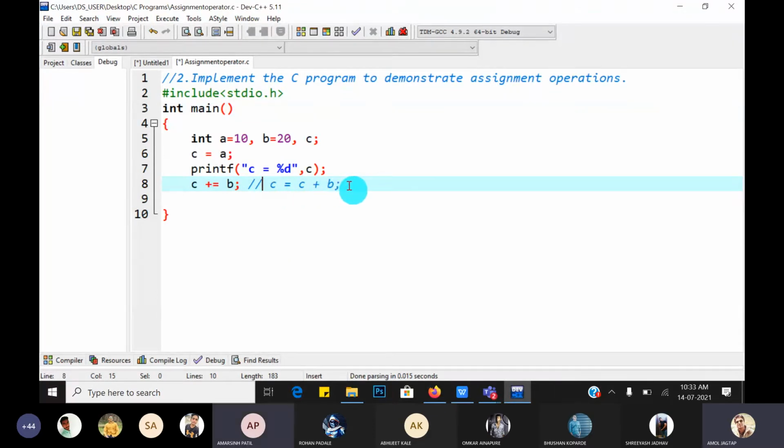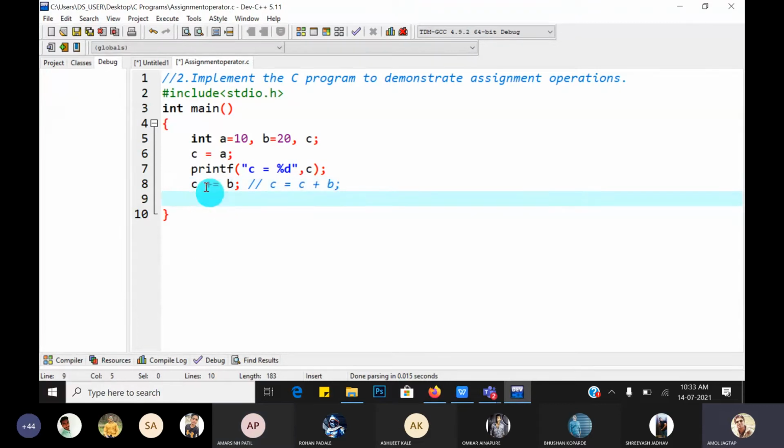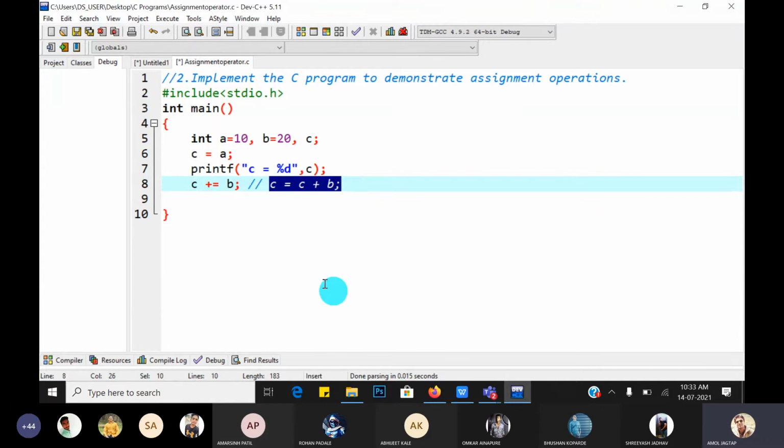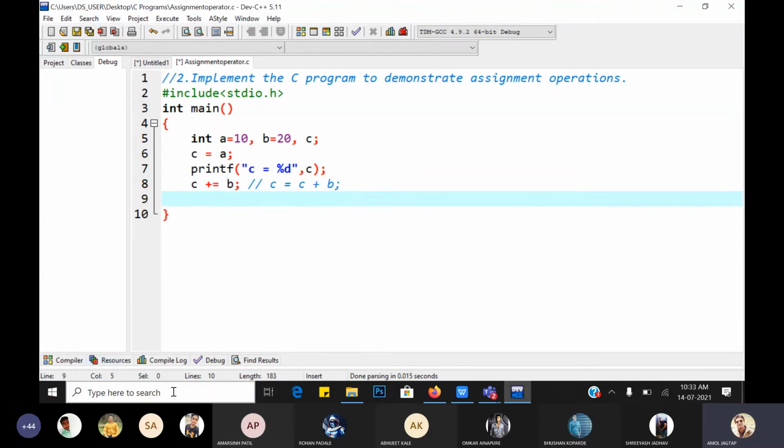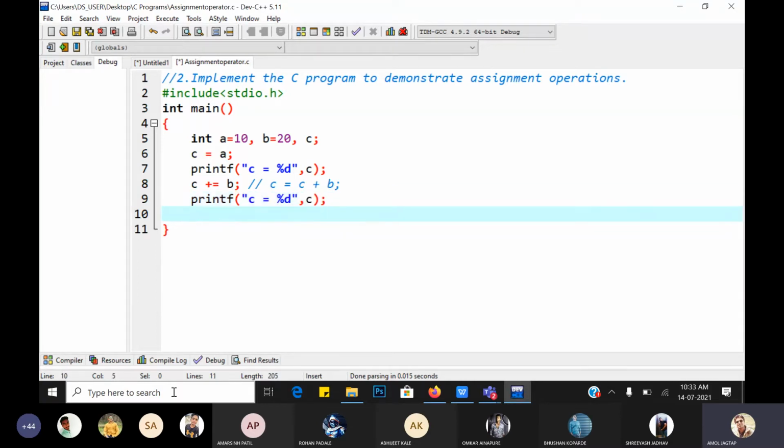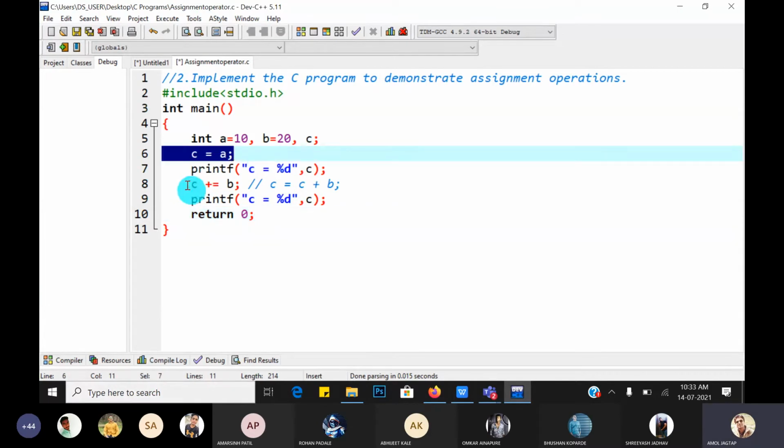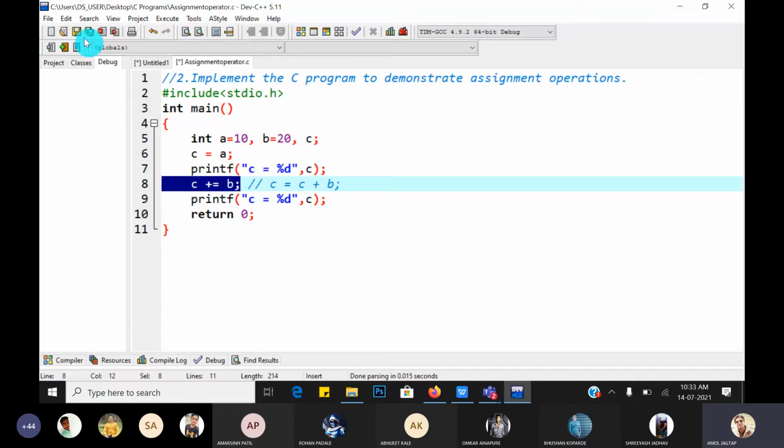Understood? Yes, sir. Okay. So initially you don't know what the meaning of C += B is. The meaning is this, and we will prove that. Then go and printf the value of C again, which may have changed because it is a variable. We will check what the current value is, and print C. Great. Last, return 0. First we will check these two only, and then we will add another assignment operator also.